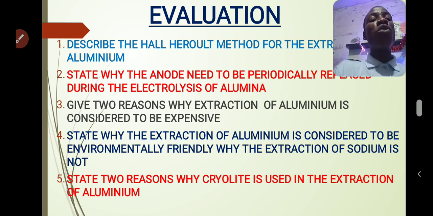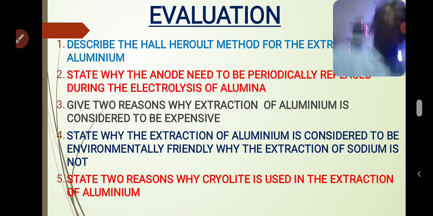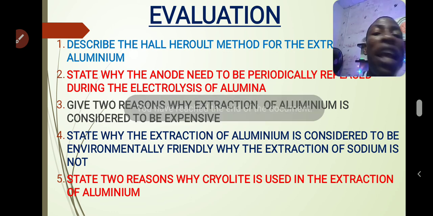Number 5 says state 2 reasons why cryolite is used in aluminium extraction. We said to reduce the melting point and also to increase conductivity, and it also acts as a solvent. So that will be the end of